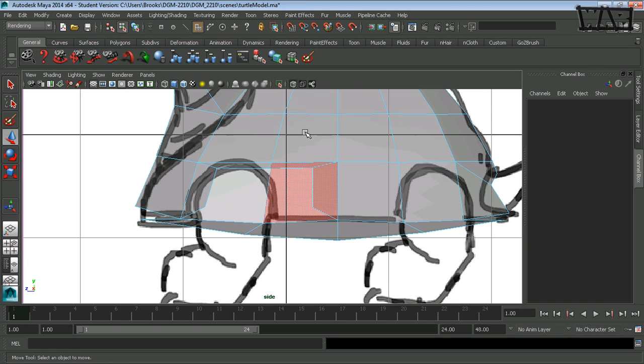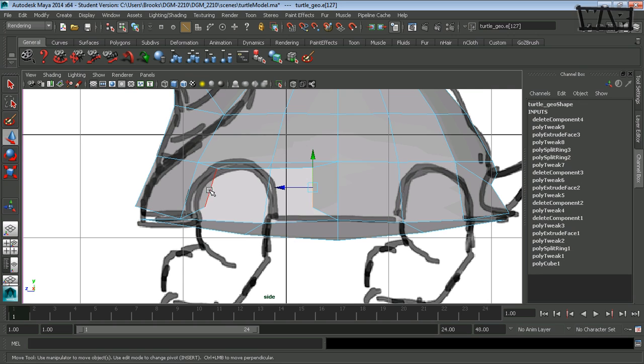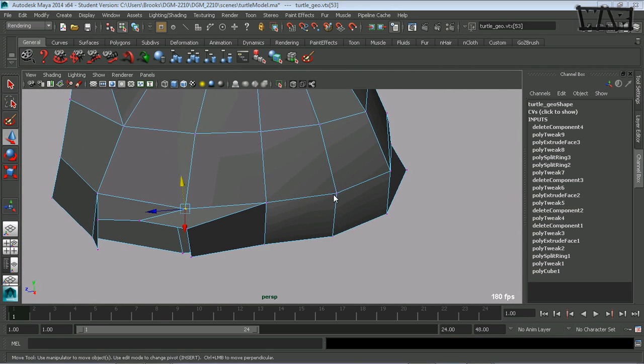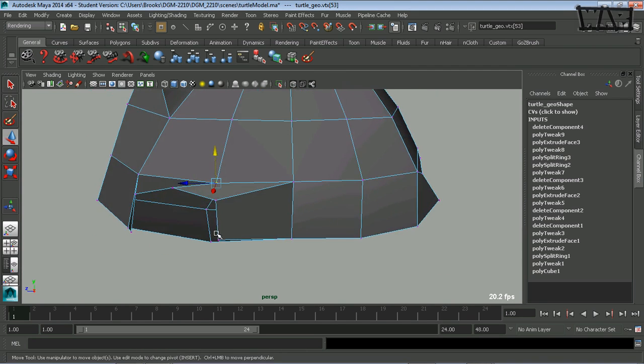So I'm going to go to edge mode, select this one and this one both, and move it beyond where it needs to go, but then I can scale it back in. Down. And I got an individual vertex here that I need to place at the top of this area, which means now that I've done that, I can see that I have